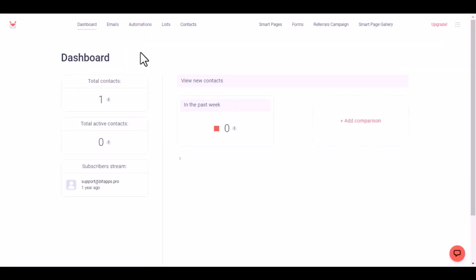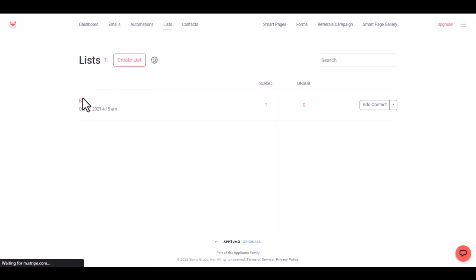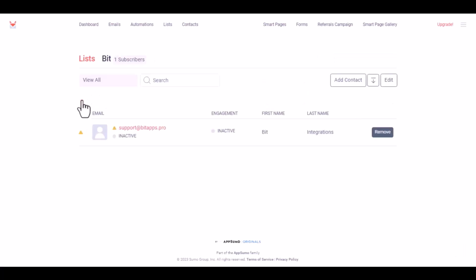Now go to SendFox. Then go to your desired contact list. Here is the data that came into